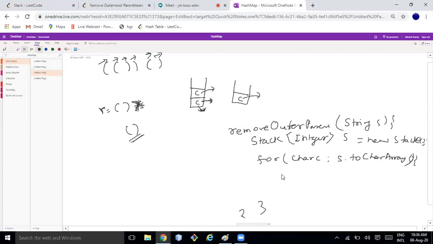The first thing I'll be checking here is if my stack is empty, if s dot size is equal to 0, then I will be just pushing that c, s dot push c, but I'm not appending it to the result. That's very clear, right?